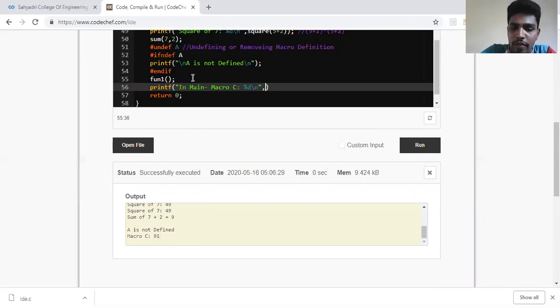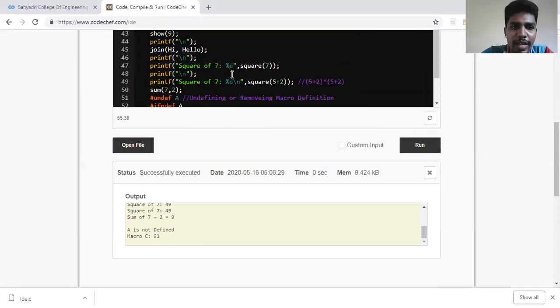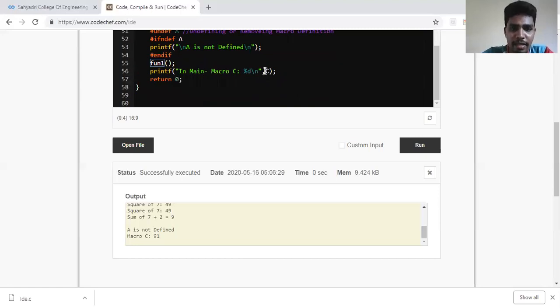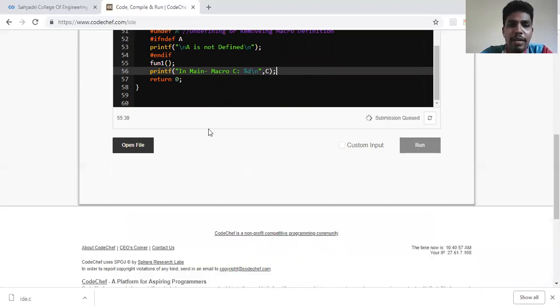Okay. So if you can see here, macro C is not defined in main or it is not defined globally. It's defined inside a function called function 1. But still, I'm trying to access C from main. Clear, right? Okay. So if the macros were local, it should throw me an error. But since macros are global, wherever you define, the macro becomes global. So now if I run, my value of C is actually printed.